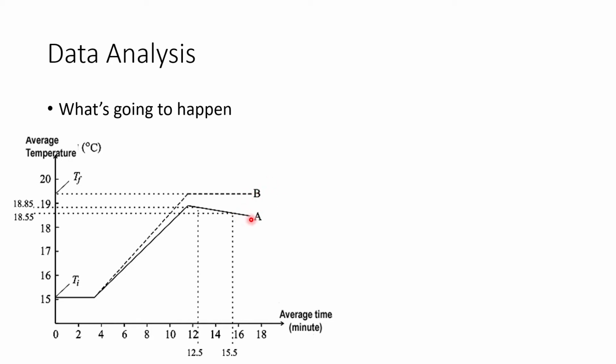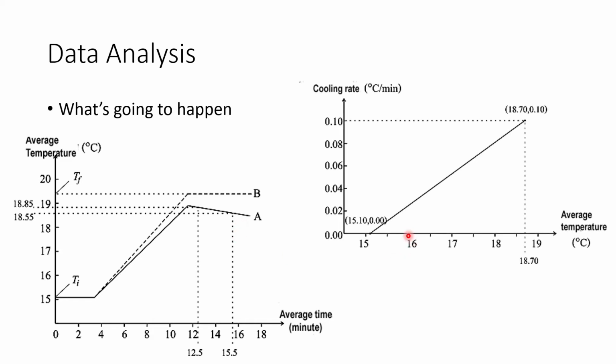So from graph A, you can estimate the real temperature, because as you heat these things up, as the temperature of the bob increases, the cooling rate also increases. If you put things that are hot in the ambient air, the hotter it is, the faster it's going to cool down. So at higher temperature, this thing is going to reduce in temperature due to the cooling effect. To compensate for the cooling effect, you need to plot the cooling graph. And this is what I'm about to explain. So you're going to need this second graph to make this D graph.